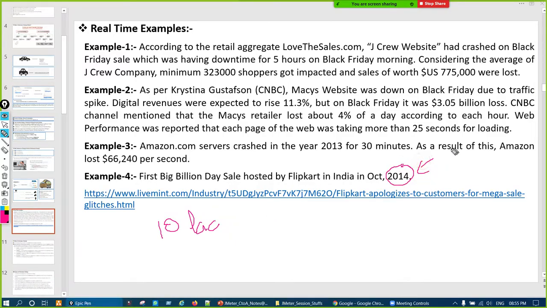That was in very old days, like 6 years back. Cloud platforms were not in that much demand then. AWS and others are in demand only for the last 2 to 3 years, maybe 4 at most. So earlier these things were hosted on normal infrastructure, maybe in Bangalore, as Flipkart is in Bangalore only. They expected a 10 lakh user load on that day, because they hosted the first Big Billion Day sale. They tested and were sure that their application would handle 10 lakh and everything would go fine.